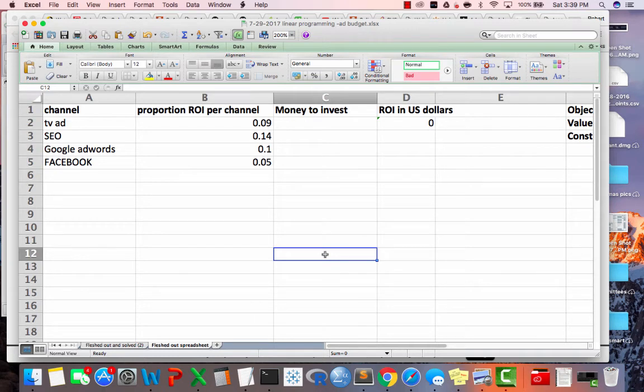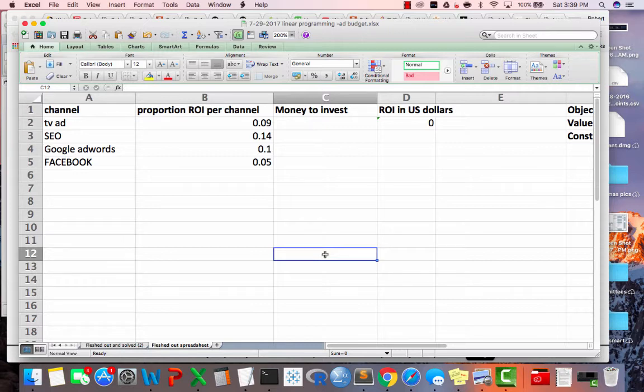Let's do something super practical and mathematically optimize an advertising budget. Let's say that you are a CMO, you're a marketer, or you're working at an agency and you've got a middle-sized client that doesn't necessarily have a CMO and doesn't have the analytics resources to do this type of stuff. Or let's say you're a consultant. Either way, what you're trying to do is